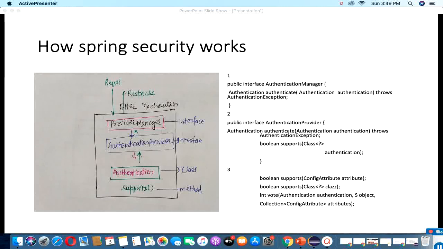So it will check that authentication with the supports method, meaning there are a number of filters, so it will check the appropriate authentication and find out what method is responsible for handling this particular authentication. This method is written inside the authentication classes, and once it finds the appropriate authentication class,